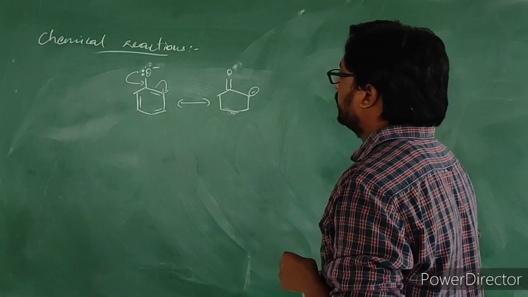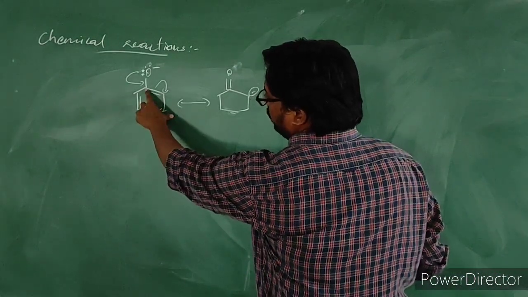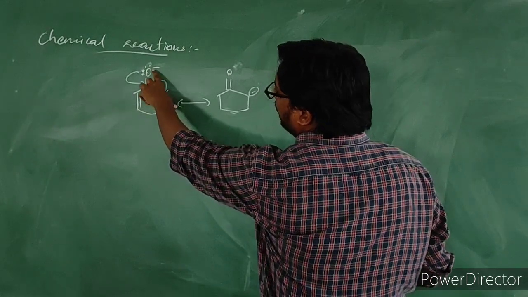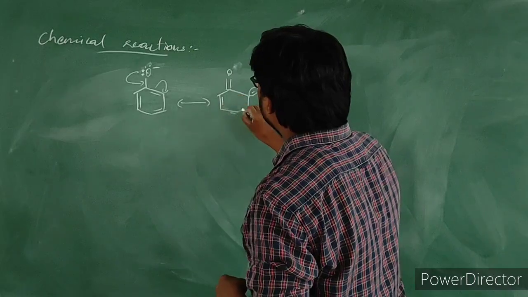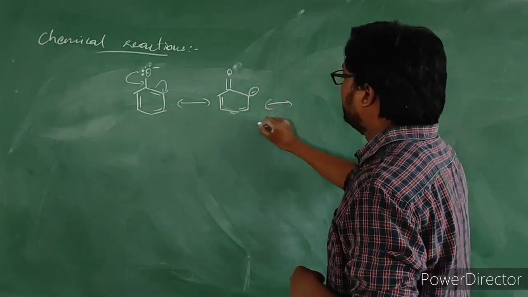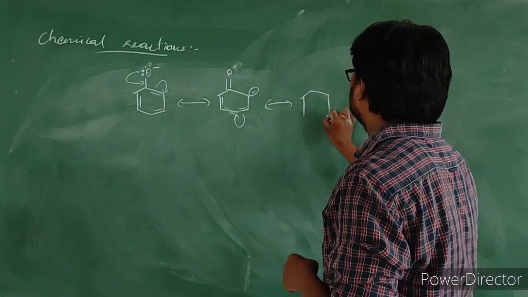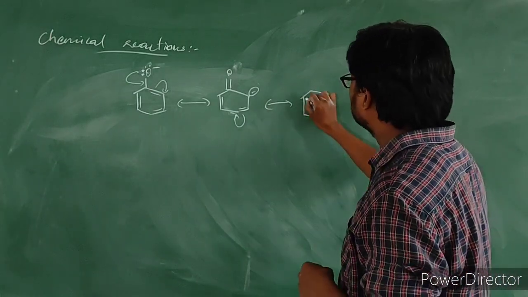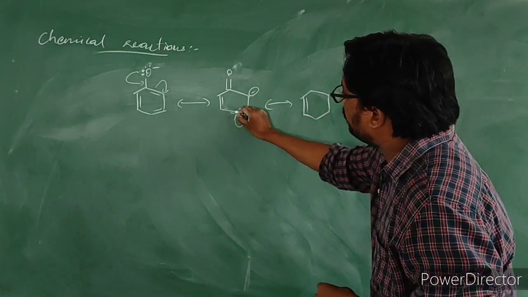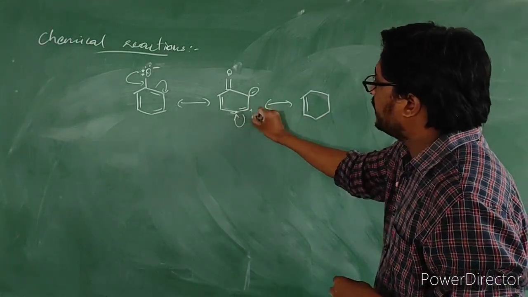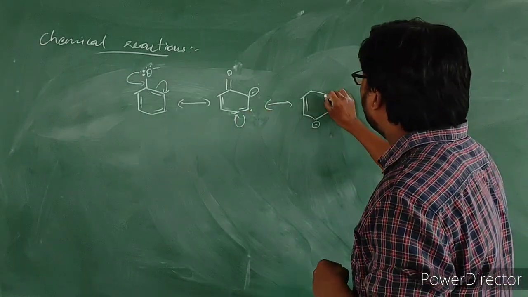Okay, here, when this pi bond is shifted towards this carbon, it will get a positive charge. This positively charged carbon and this negatively charged oxygen will form a double bond in this way. In the same way, this bond will shift towards this carbon, so it will get a positive charge. If this bond is shifted towards this carbon, it will get a positive charge, and this will get a negative charge. Positive and negative, they will form a double bond in this way.